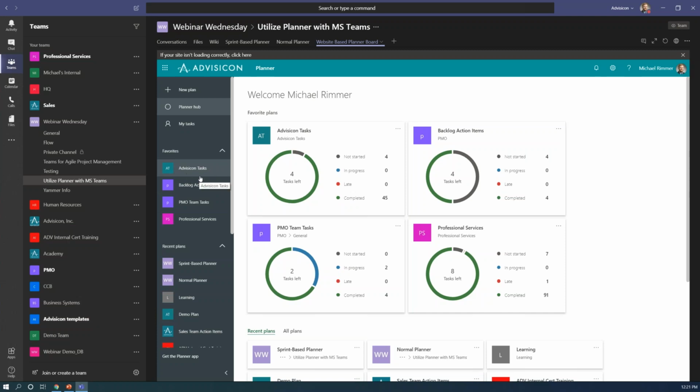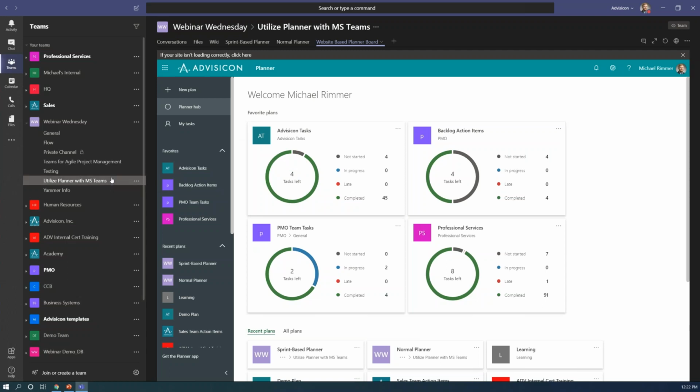I would maybe recommend that if you wanted to have the website as a tab instead of just using the planner board tab, to do something like that within the general channel. So for an example, we have a professional services team here. If we have a different planner board for every client, it may make more sense that we have a website with the URL just for the Planner Hub, where we can go in and select the individual client planner boards instead of having one that's just for internal professional services.